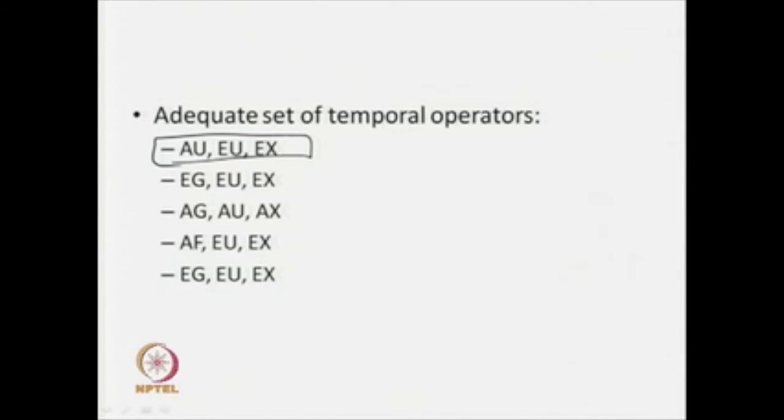Okay. Now, what are the other things? If I have the until operator, and I know that AU is there, then it can be expressed as EU. Similarly, if I have the next state operator, say AX, then EX can be expressed with the help of AX. So, we need any one from AU or EU, and any one from AX and EX. And the other two. Out of the 4 temporal operators we have discussed, until and X can already be expressed with either A or E.